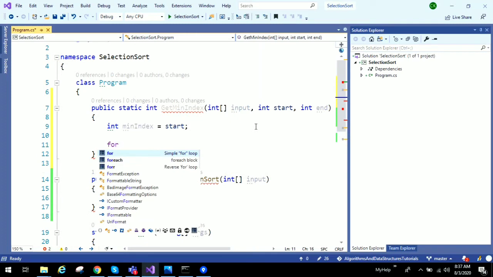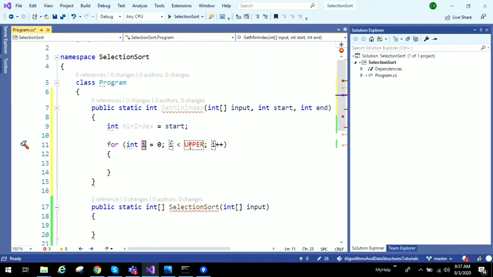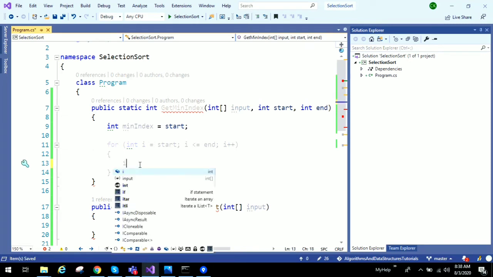Go through this array and identify if there is any value which is smaller than the value at min index. I will start from start index of the array and loop through until it reaches the end index.